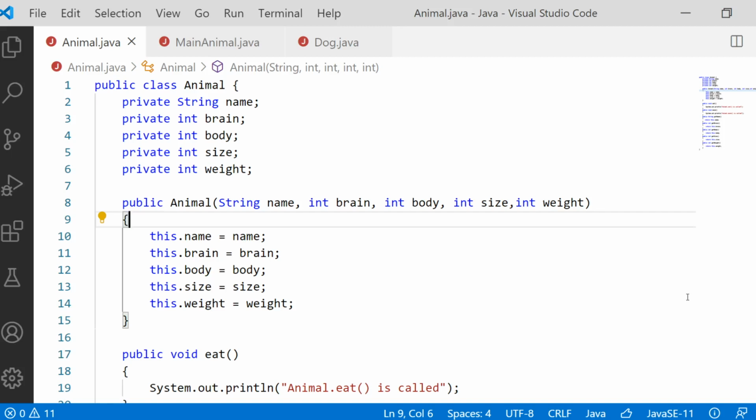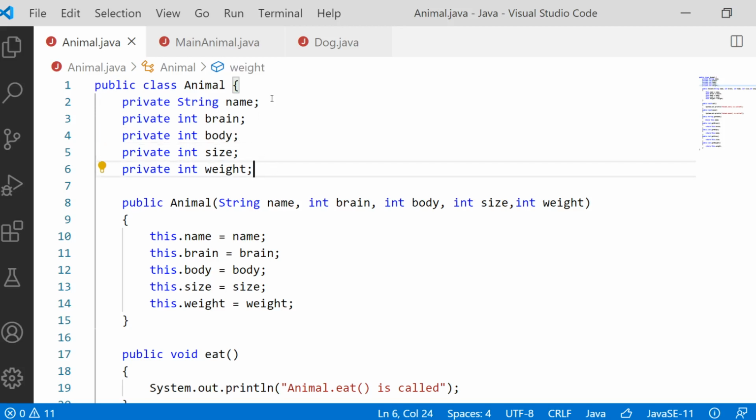Okay, fine. What we did in the previous lecture is we took a class called Animal, and for this class we took 5 common attributes of any animal: name, brain, body, size and weight.